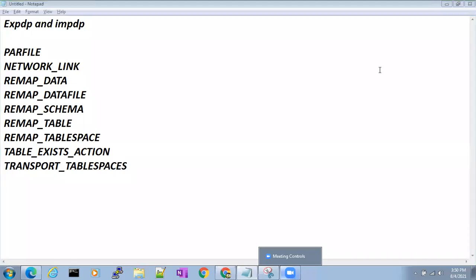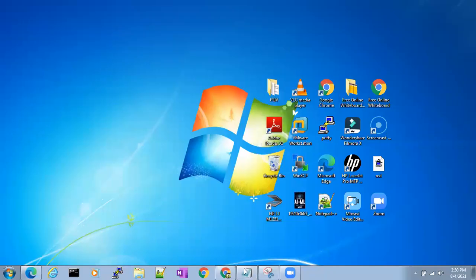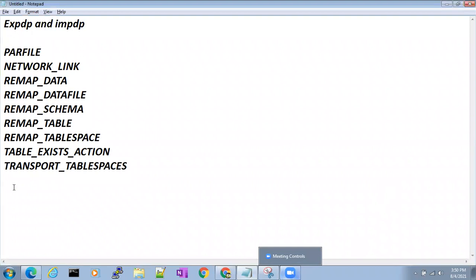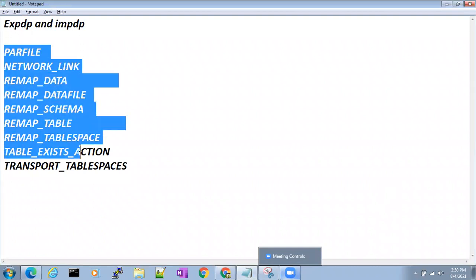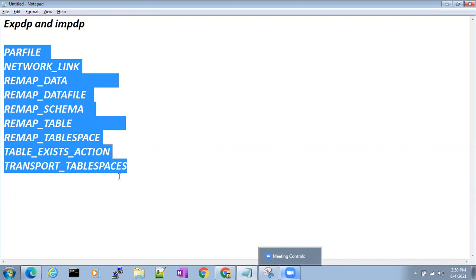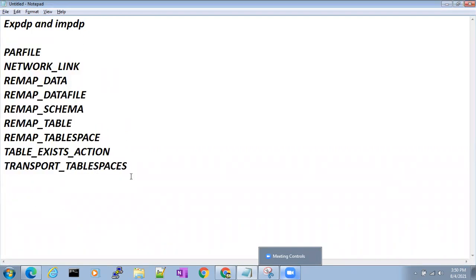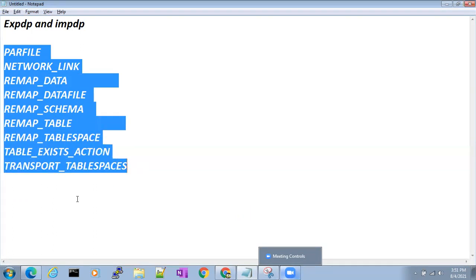Okay, welcome to this lecture on export and import backups, which are the logical backups. In logical backups, we are only pending with these few options which are left. We have to discuss these options. These are all very important options. It doesn't mean that the remaining options are not important. Everything is important, but these are the ones with maximum interview questions.